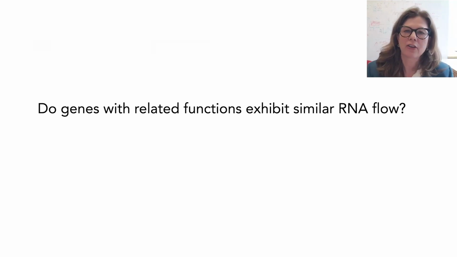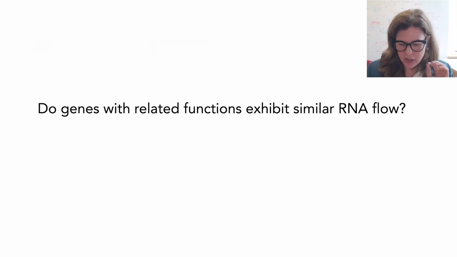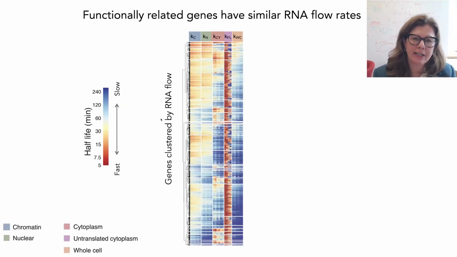And one of the first things we thought was that maybe genes of similar functions might have similar life cycles or flow rates throughout the cell. And that would be indicative of the fact that they are co-regulated at many steps across their life cycles, in order for their gene products to perform the same function at the right time in the right place. And so what we did is we